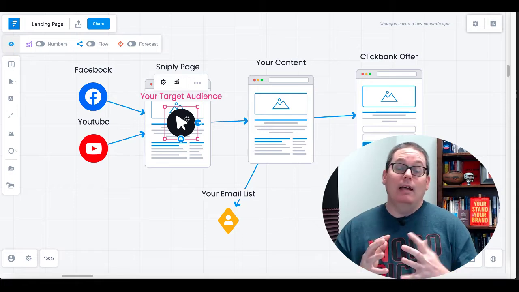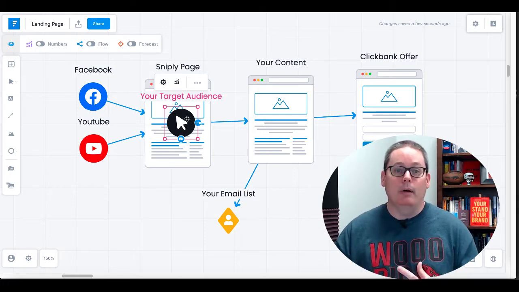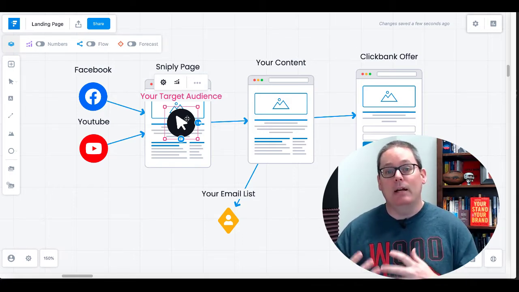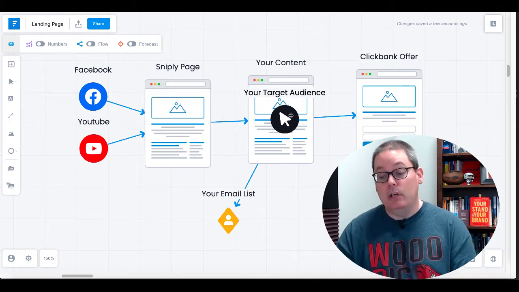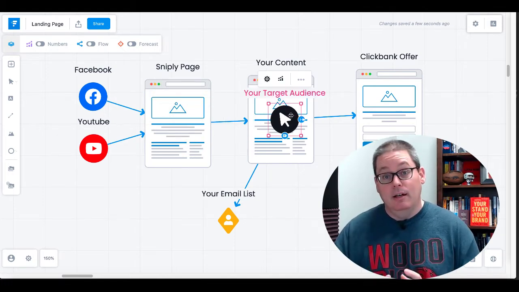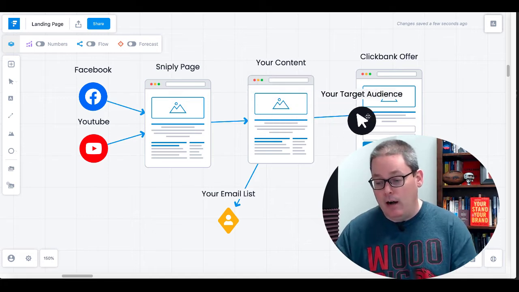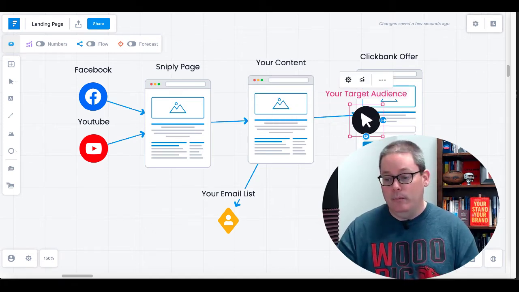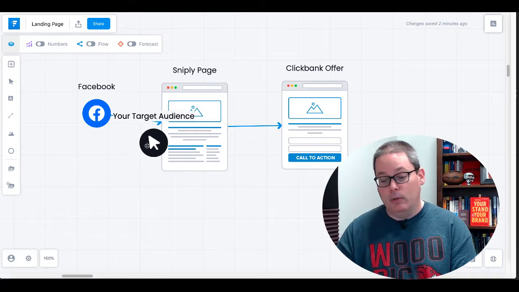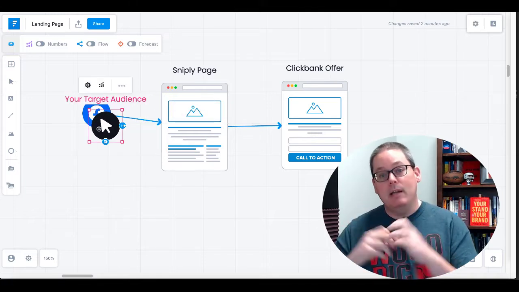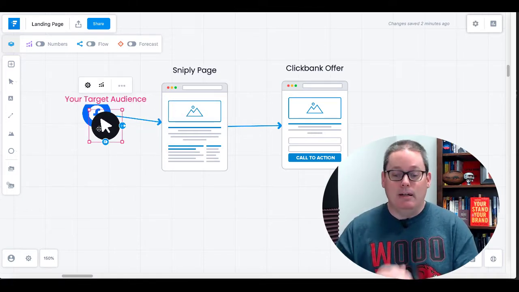At this point, people will be recognizing you and your brand, and you will have a better chance of them clicking on it. Then they would go to your own content, not directly to the ClickBank offer as many videos are showing you. So again, this is what most people are showing you, how to make quick money online as a ClickBank affiliate.